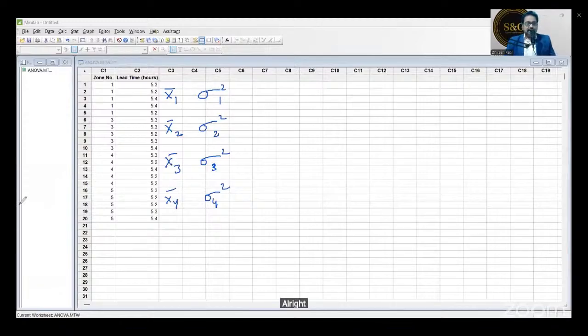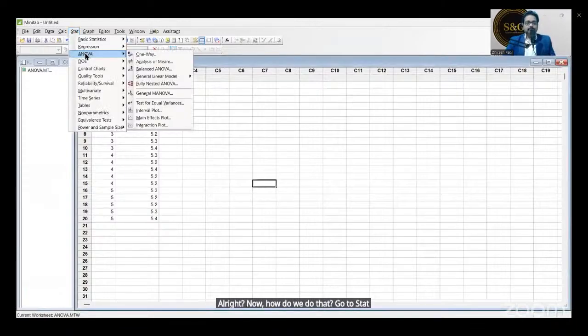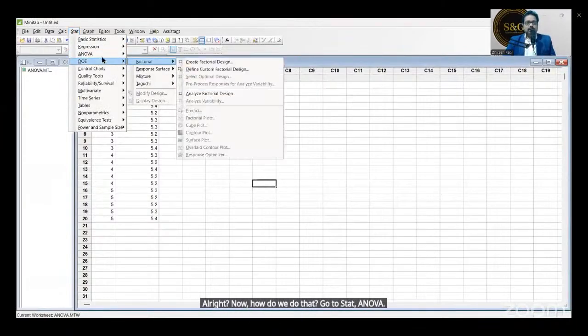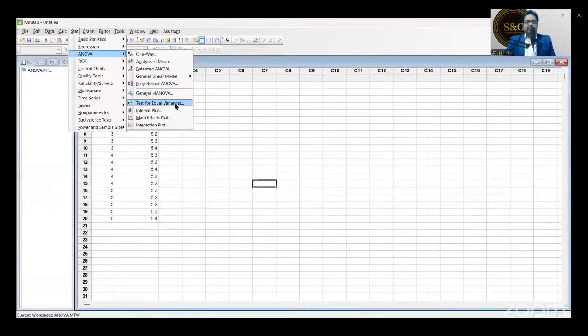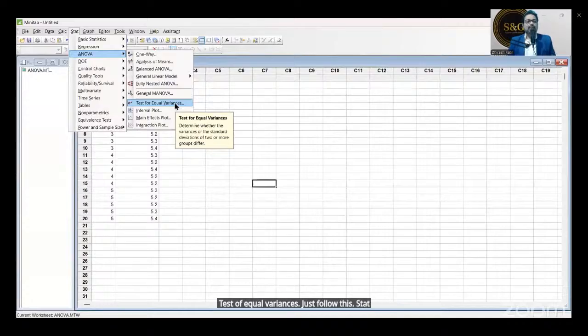All right. Now, how do we do that? Go to Stat, ANOVA, Test of Equal Variances. Just follow this. Just click on that.